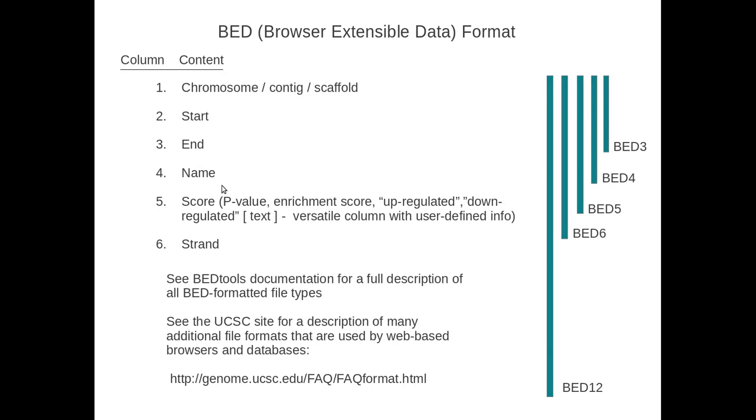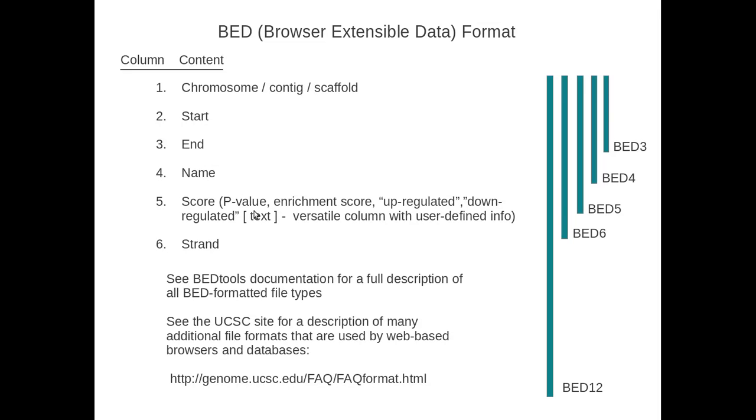So the BED format has many permutations. BED3 is the simplest, so all BED files always have the first 3 columns with the chromosome, contig, or scaffold identifier, followed by the start and end. Then there are additional add-on columns that are possible. The name of the feature or interval,